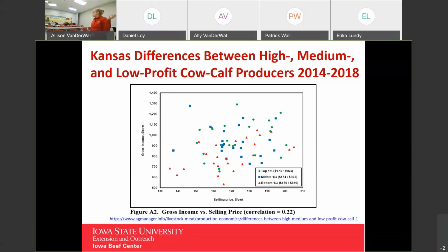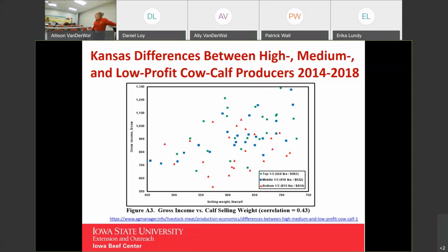It really looks like a shotgun, right? So we don't really see any trend line between selling price and gross income. It's just kind of all over. So we have some with high price that might be low gross income, and some with low price that are high gross income. All right. So it kind of takes that calf income out of that equation, or shows that it's not a real good